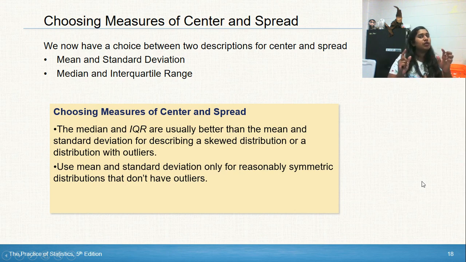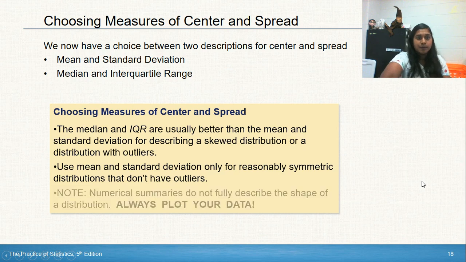For some of you who are like, okay, I trust these rules, but I don't understand these rules, we can talk. Maybe see me. I'm hoping that by reading it and thinking about the visual description they're talking about, a skewed distribution or something that has major outliers, you think about what that data does and why median would be better if it was skewed or all over the place, and why mean would be better if it was pretty symmetric. I want you to think about that. If we need to have that conversation, we absolutely can, but that's a really good thinking point.